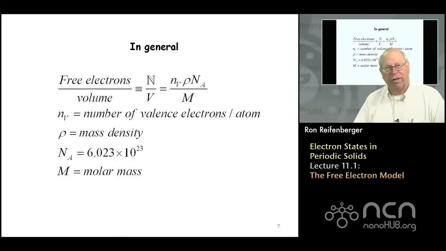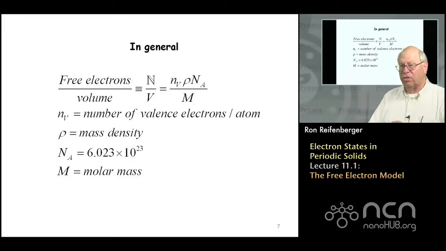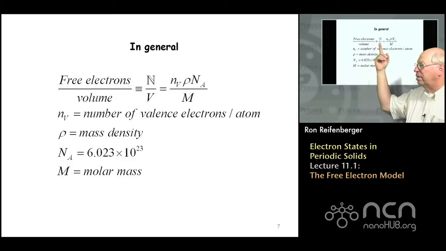I think the important formula for this lecture is this calculation of the free electrons per unit volume. I just write the formula down so it's easy for you to access and remember. I think there's a homework problem where you're going to have to calculate this for a number of different elements. And so for each element in the periodic table, you have to know the number of valence electrons per atom. Those are the most weakly bound electrons from the atomic states of